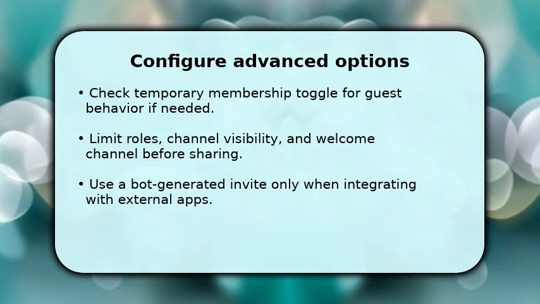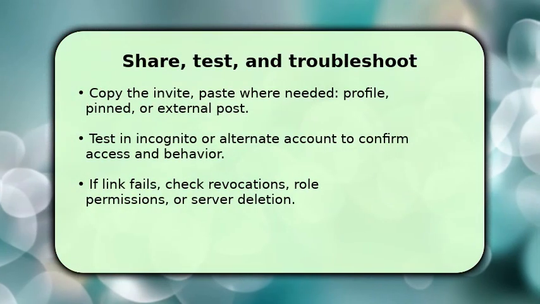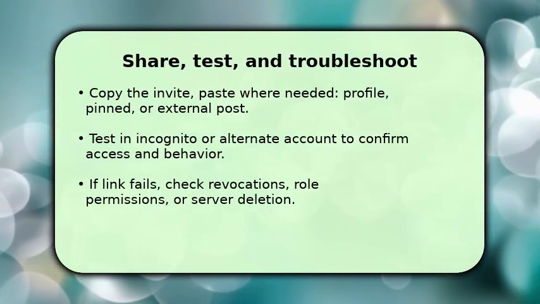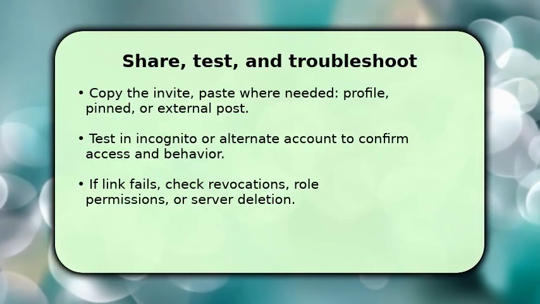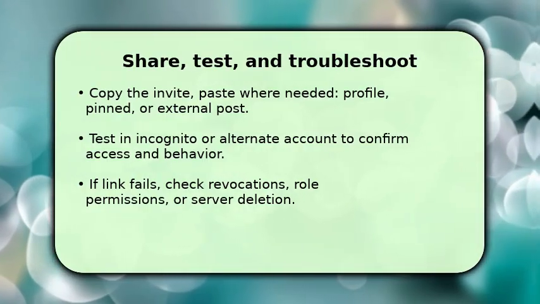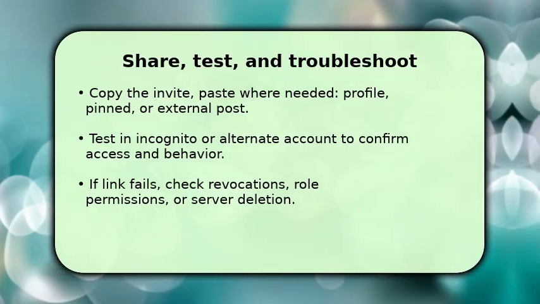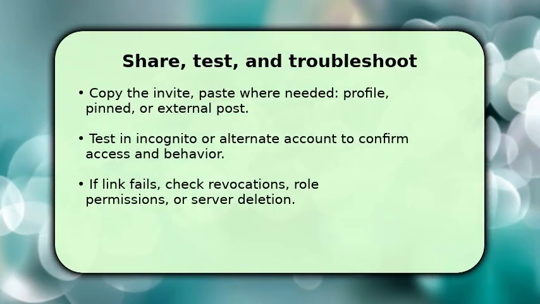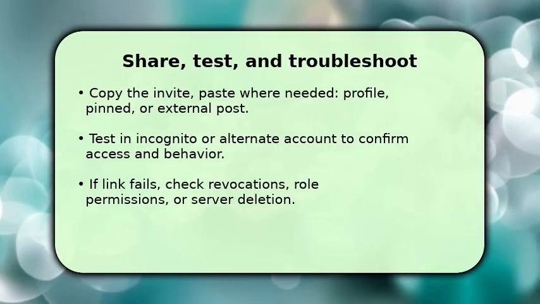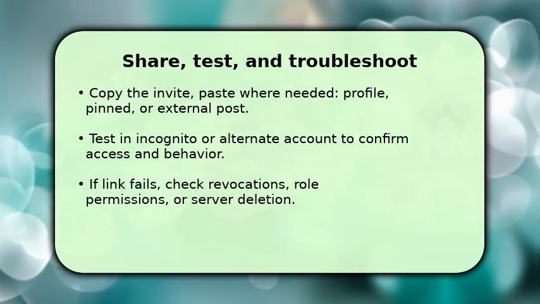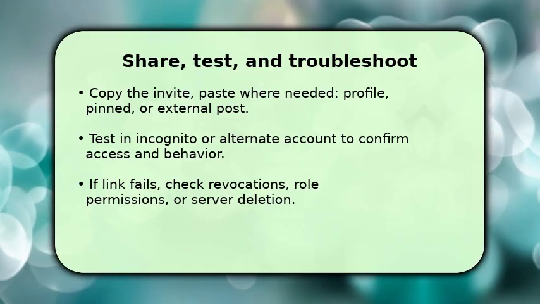Copy the permanent invite and place it where your audience will see it: a profile, pinned message, or external site. Test the link immediately using an alternate account or incognito to confirm it lands in the correct channel and assigns roles as intended. If something goes wrong, first check whether the invite was revoked or replaced, then verify channel and